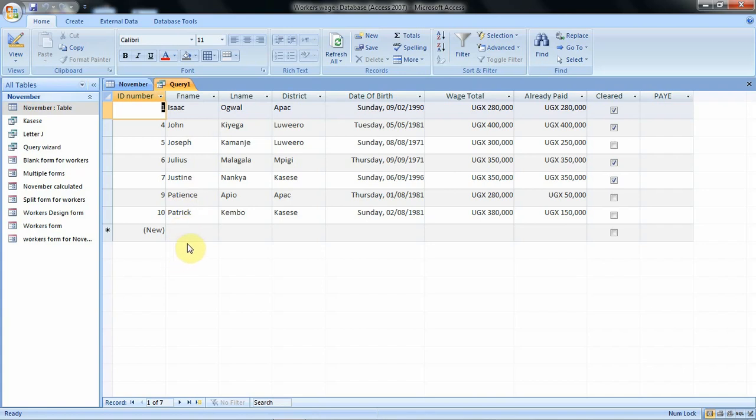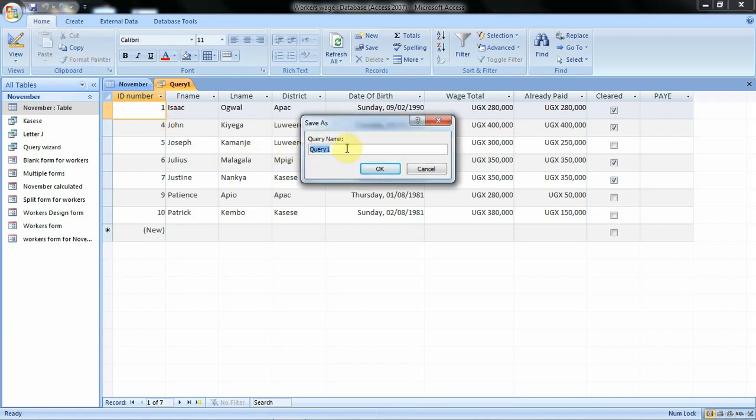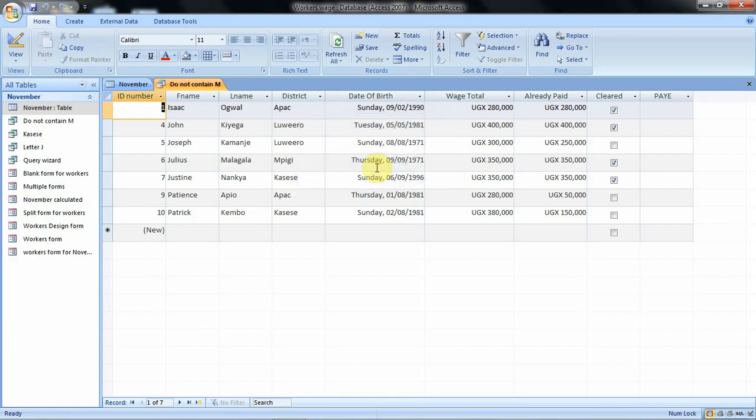So that's how we can create a query to display the names of individuals that do not contain a given letter. So we have to go ahead and give this one a name. We shall click the save button and then we call it "do not contain M", and then we click on OK, and we shall have all the queries that we are creating displayed from